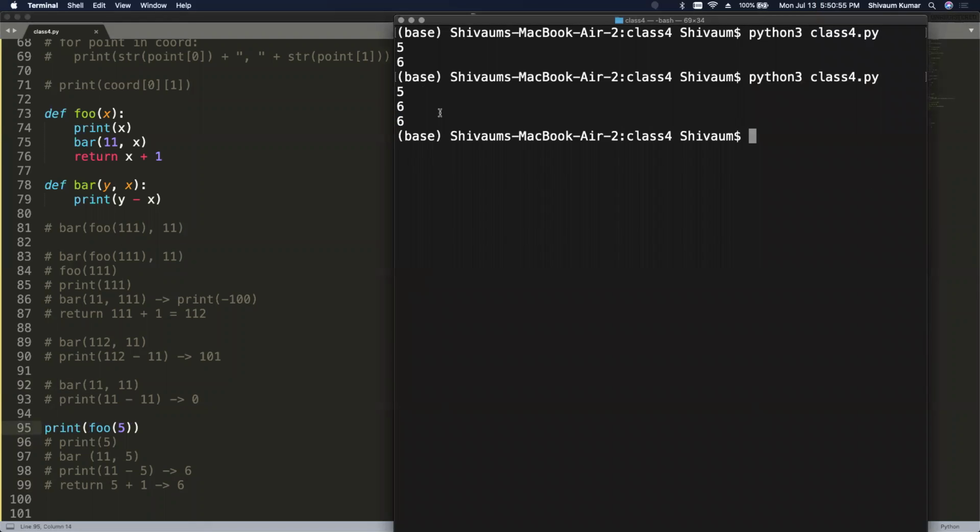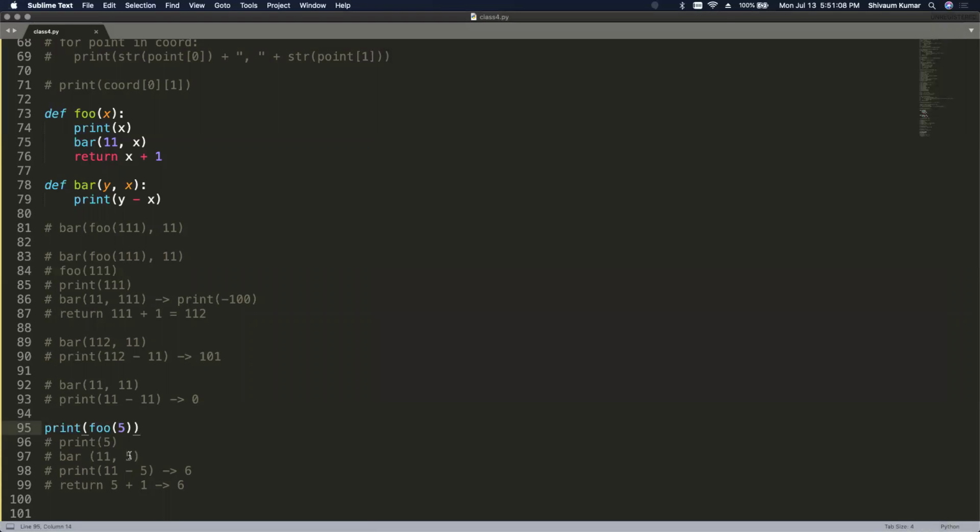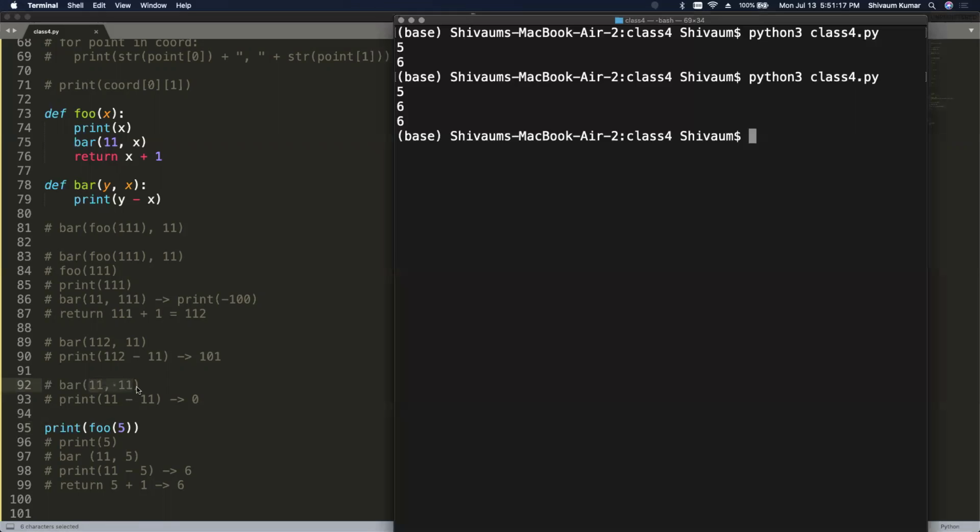If it was a different case where both of the numbers for bar weren't 11, for line number 97, how would the code pick a number? So if they were not 11 and 11, are you talking about this one? Yeah, like if they weren't the same number.